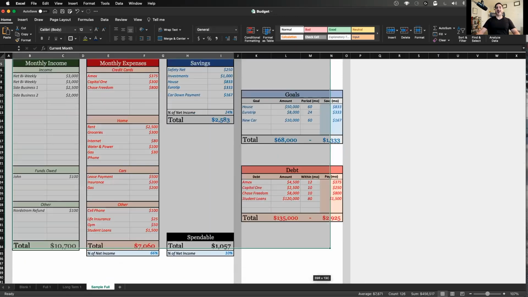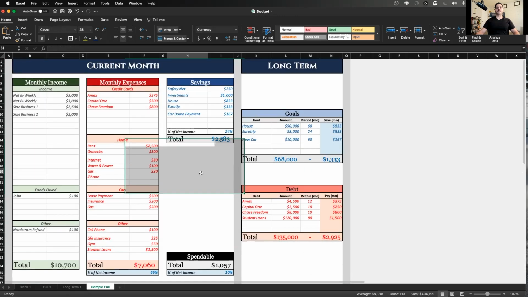So I'm going to get a copy over to everyone that's on the call here. Again, I'll mention some brief notes as to how you can use this. But guys, you can do this on a piece of paper, do your income, your expenses, and just manage that spendable amount.